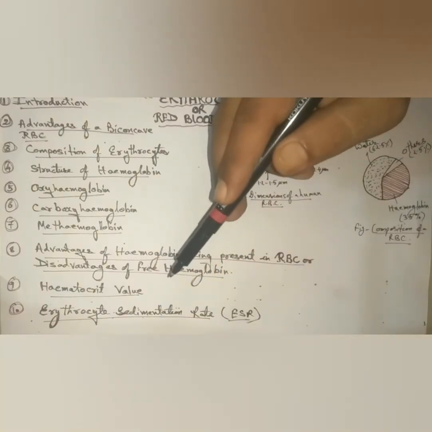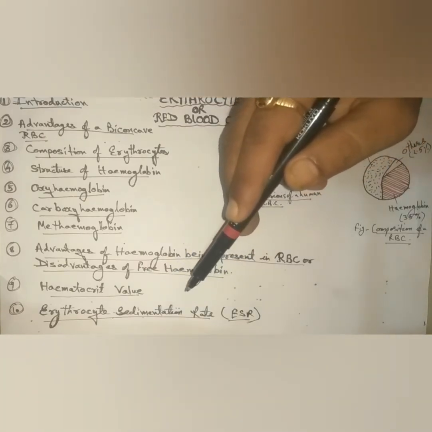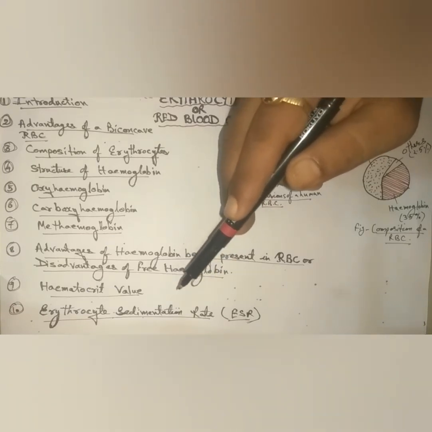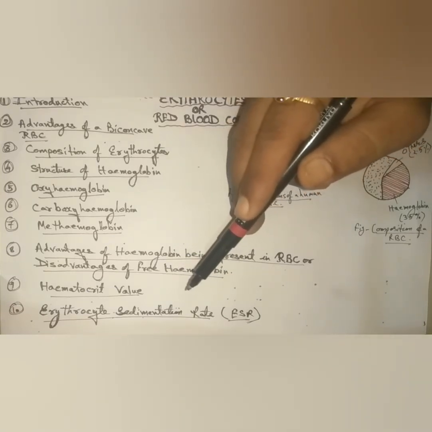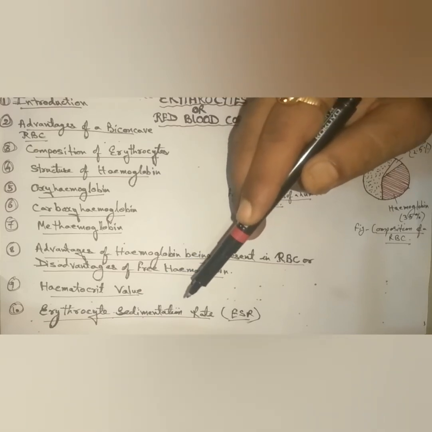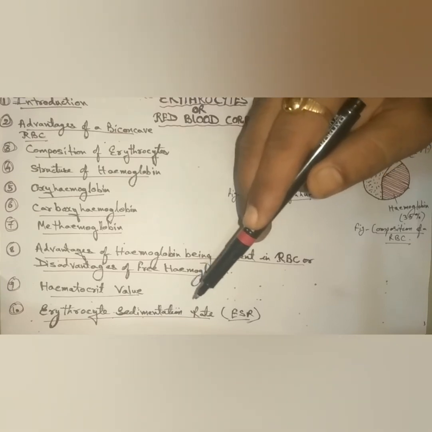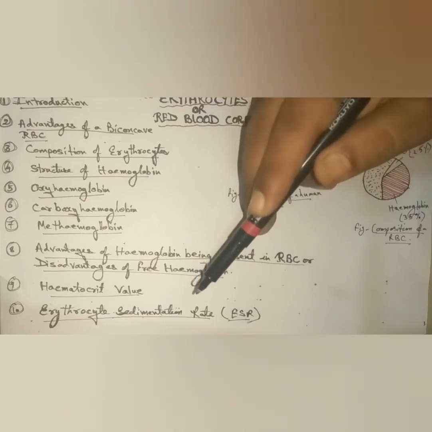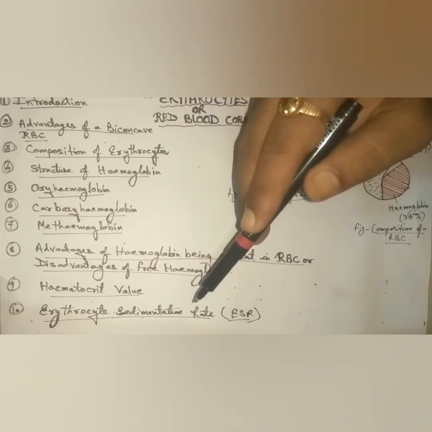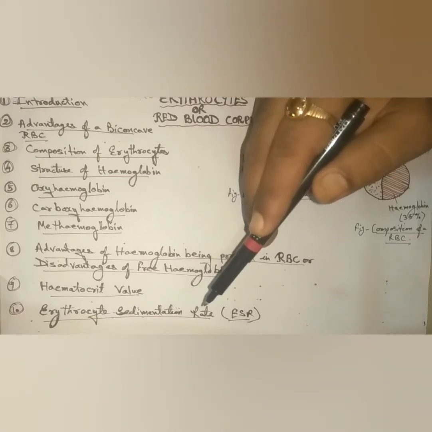As RBC grow old, their membranes become weak, and the corpuscles break within the capillaries. The reticuloendothelial cells of liver, spleen and bone marrow remove the destroyed RBC and break down the hemoglobin into another iron-containing pigment called hemosiderin, and the yellow bile pigments bilirubin and biliverdin. The bone marrow can use most of the iron again in the manufacture of new hemoglobin, while bile pigments are passed out of the body along with the fecal matter.